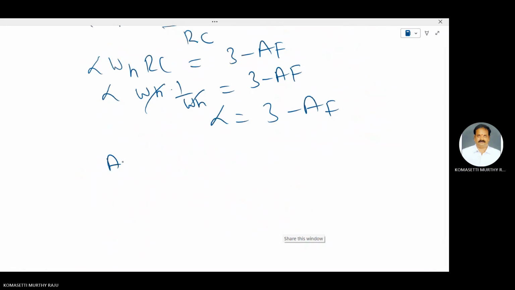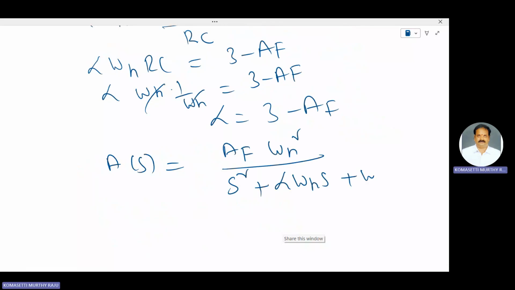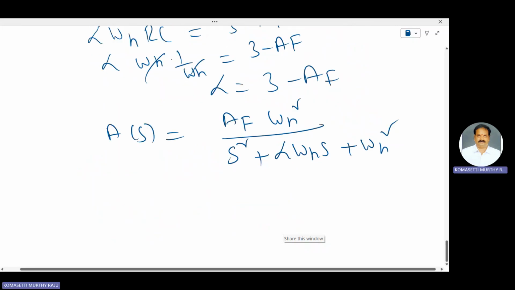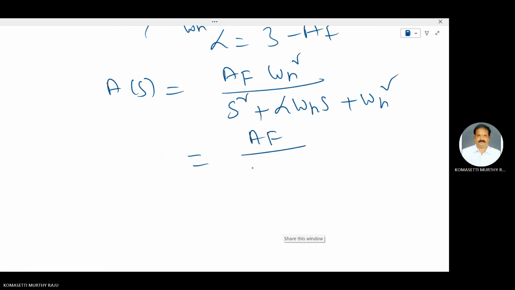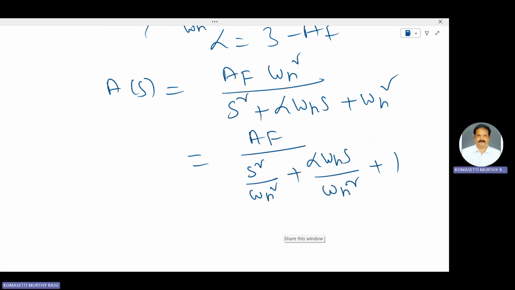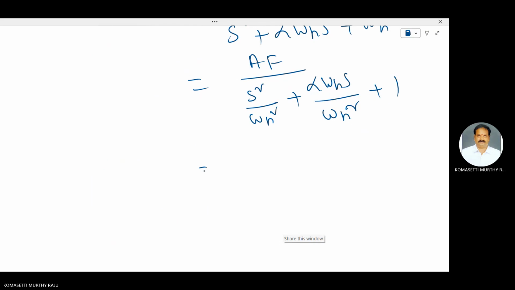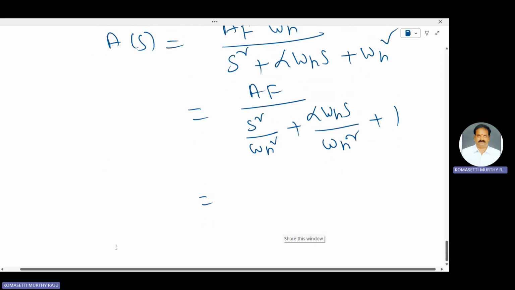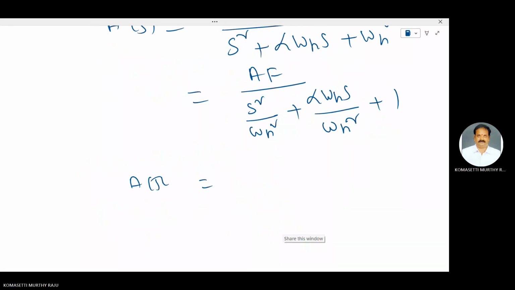Take the second order A of S is equal to AF omega H square by S square plus alpha omega H S plus omega H square. Simplify this one: S square by omega H square plus alpha omega H S by omega H square plus omega H square by omega H square, which is 1. Put S is equal to j omega. A of j omega is equal to AF by